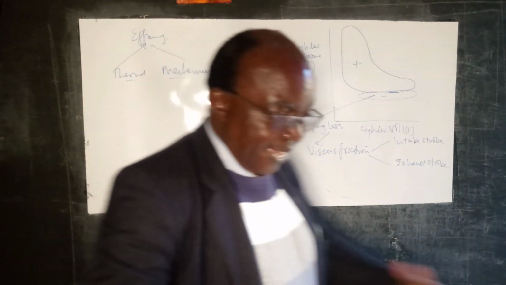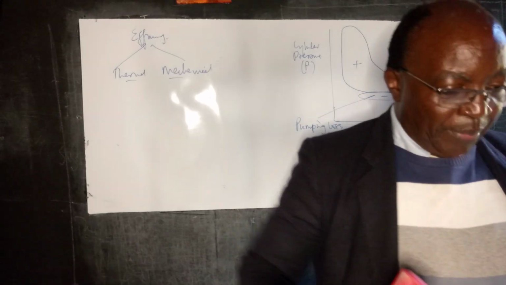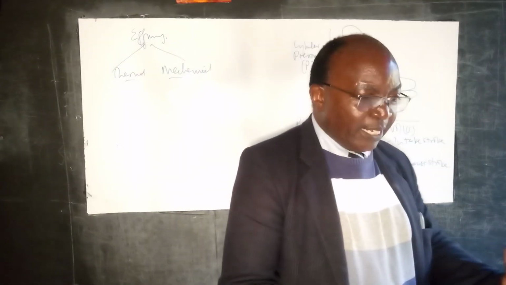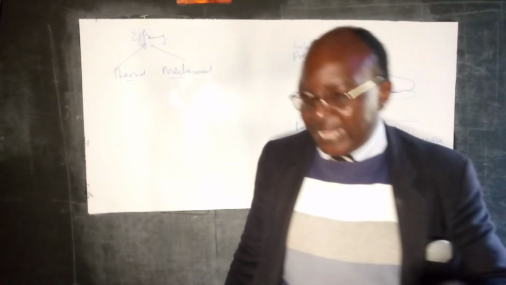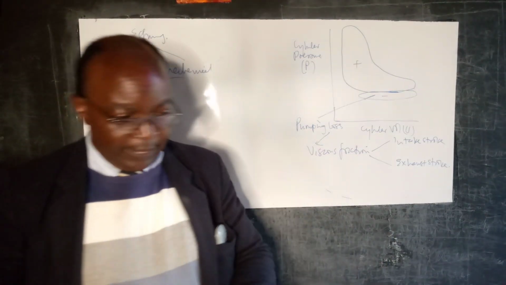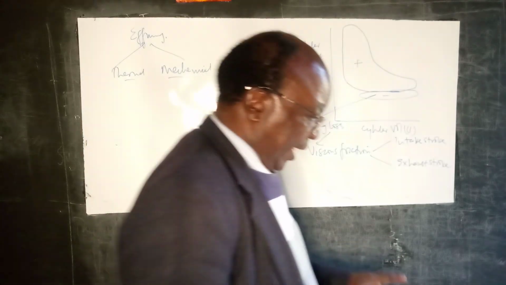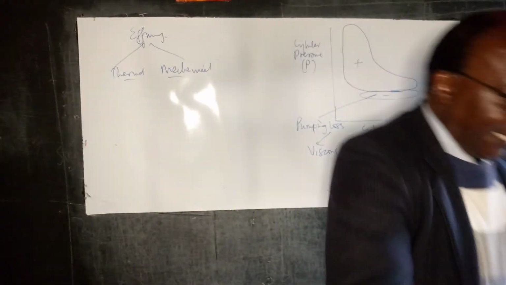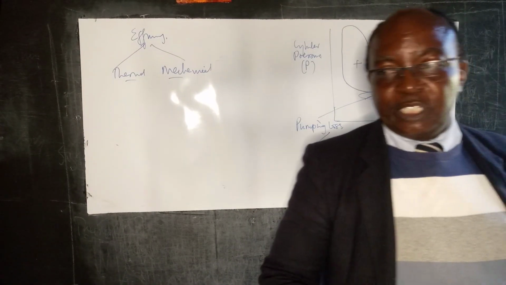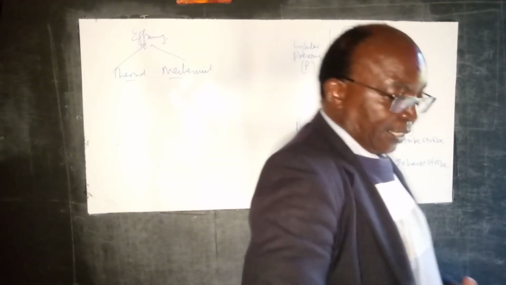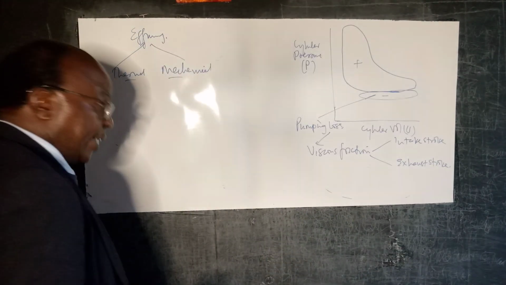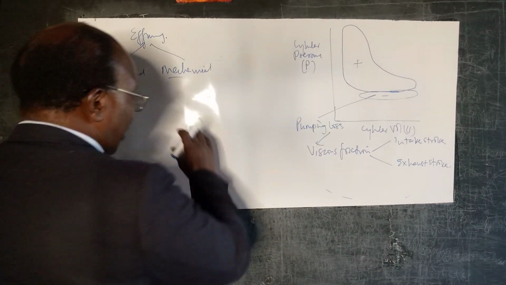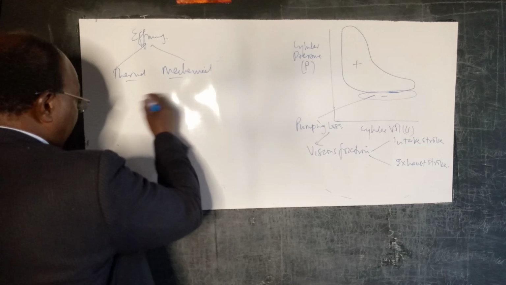So that's why you find, for example, that the indicated mean effective pressure, that is the pressure which results in the expected work, in an ideal situation, the expected torque output, is not exactly what you get. So if we go back to our expression